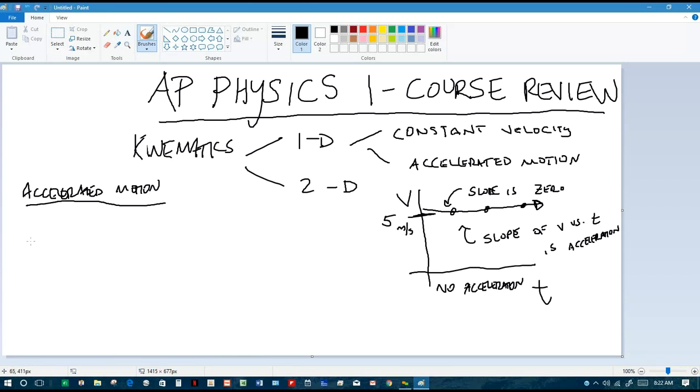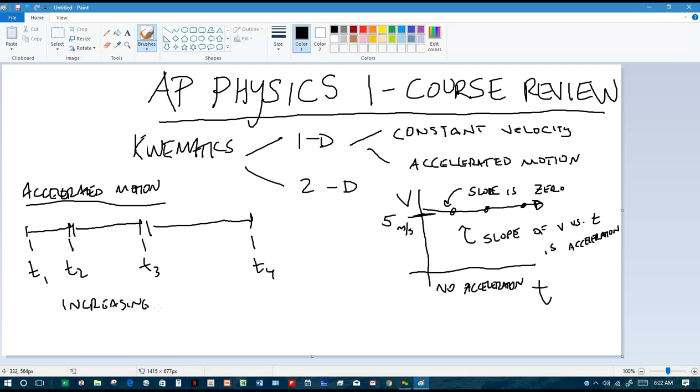So for accelerated motion, if you're watching a car that's speeding up, it will travel some distance in the first second, but then it will travel larger and larger distances each second because it's speeding up. T1, T2, T3, T4. And if you compare the distances that it's traveled each second, you see that they're increasing. They're increasing incremental distances